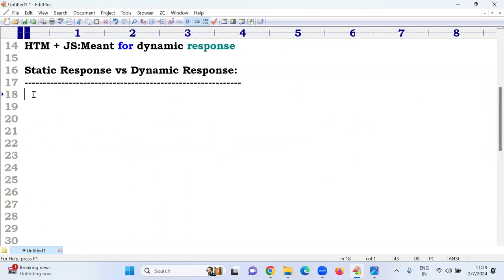What is a dynamic response? Why are you so serious? What is the static response? The response which is static is called a static response, and the response which is dynamic is called a dynamic response.